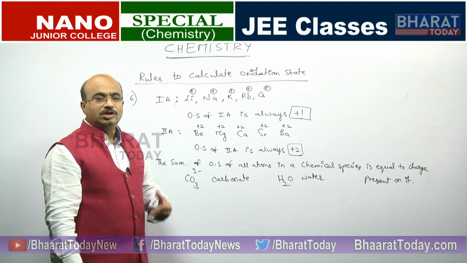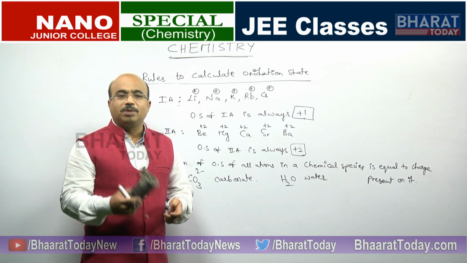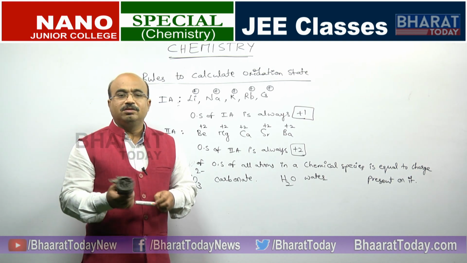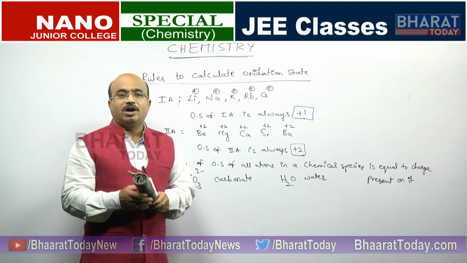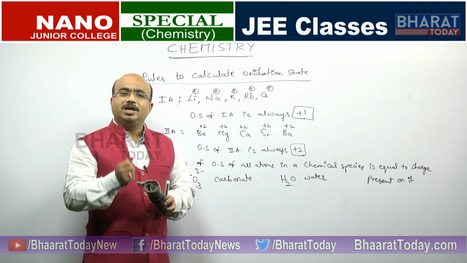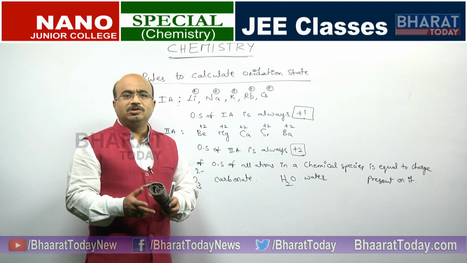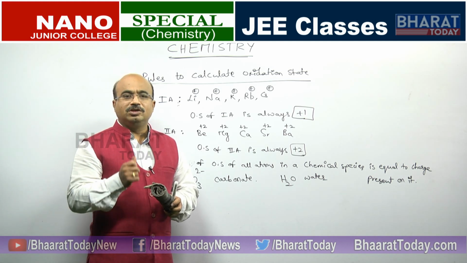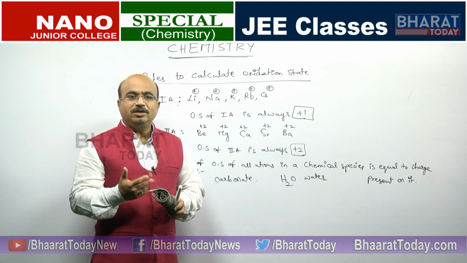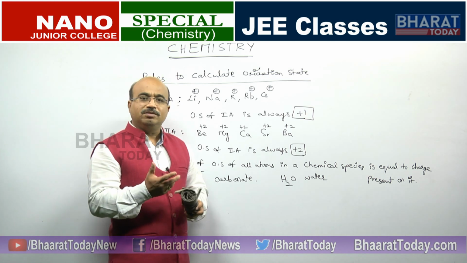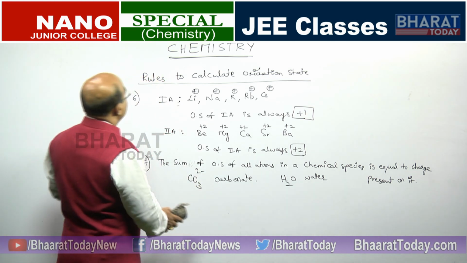Is it clear? So, these are the systematic rules we always apply to determine oxidation states, even though we do not know the structure of the molecules or the structure of the ions, any compound, any chemical species. So, let us start some examples, we will practice it and we will discuss.